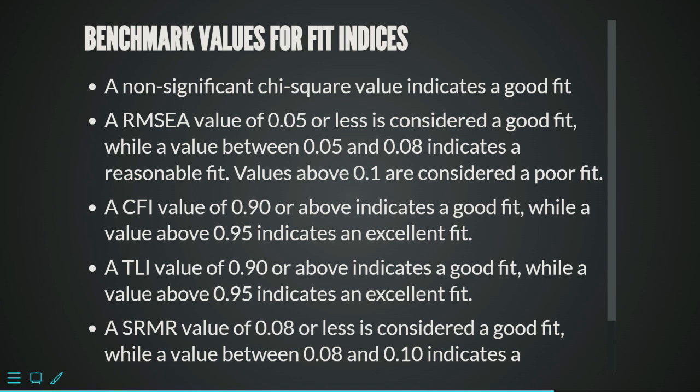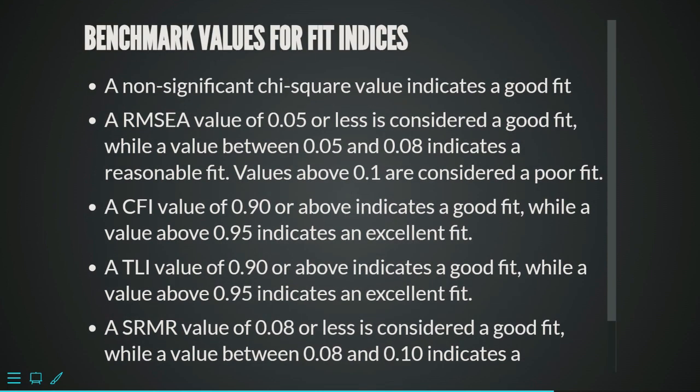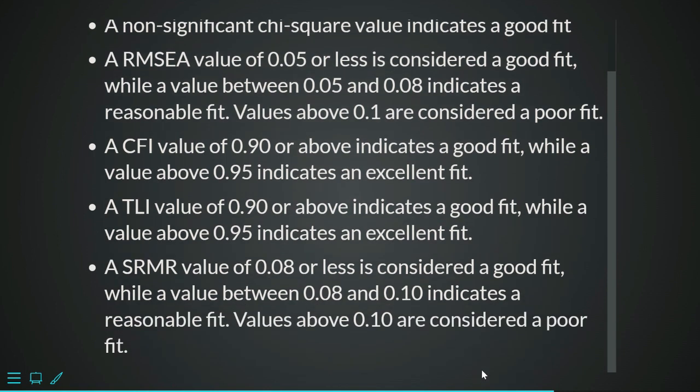Then we have the standardized root mean square residual, SRMR, for which a value of 0.08 or less is considered a good fit. A value between 0.08 and 0.10 indicates a reasonable fit, while values above 0.1 are considered a poor fit. So this is similar to what we have been saying, except that for the RMSEA it was 0.05. So sometimes it also depends on your use case or the kind of data you are dealing with. For example, more sensitive data like health data requires more penalization or more penalty,